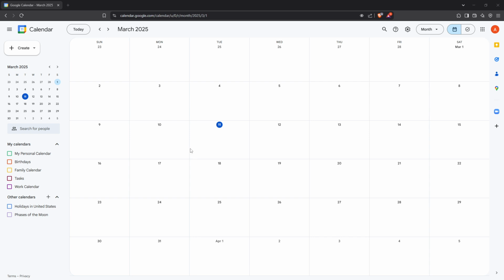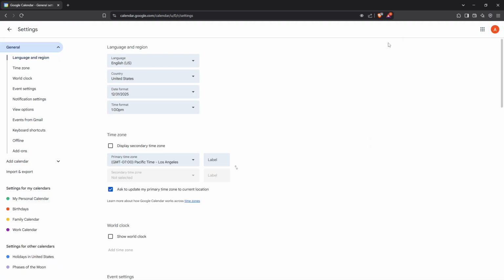To get started, open your internet browser and navigate to Google Calendar. Once you're there, direct your attention to the top right corner where you'll find a little gear icon. That's your settings button. Click on it to open the drop down menu and select settings. This is where you'll manage various features of your calendar, allowing you to personalize your Google Calendar to better suit